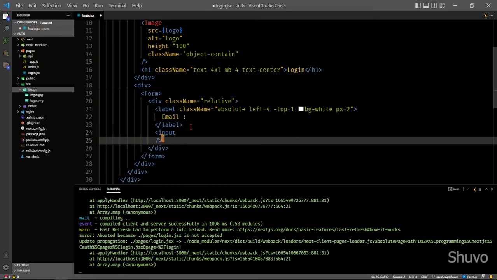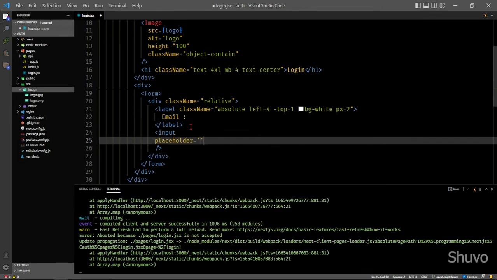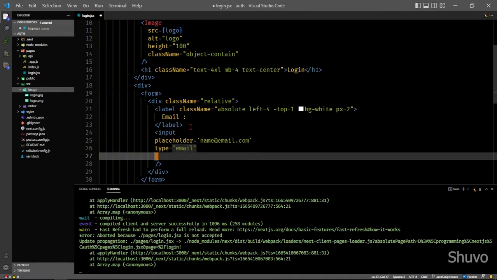and just add placeholder, which should be a placeholder text. Here we just put example name at email.com, and type should be email, and class name is